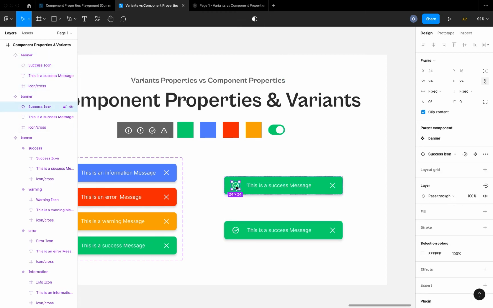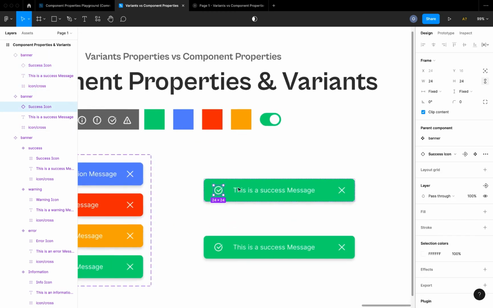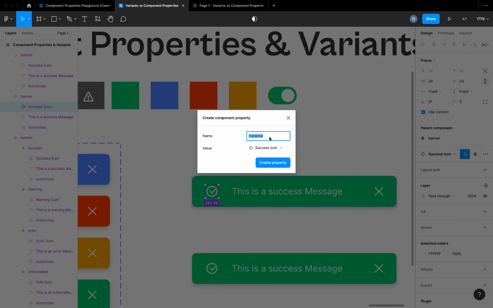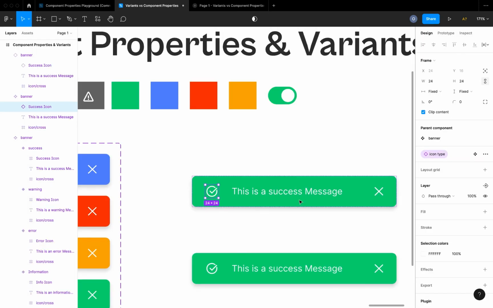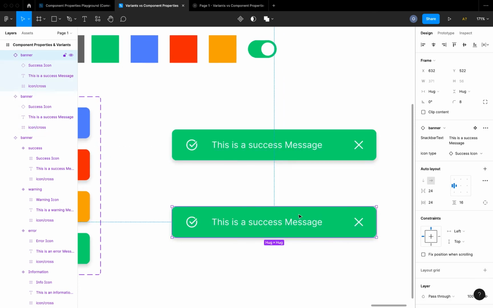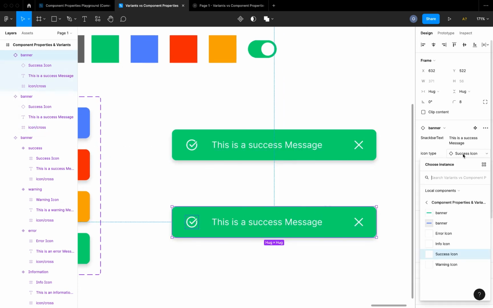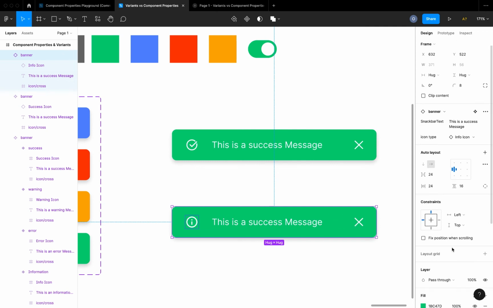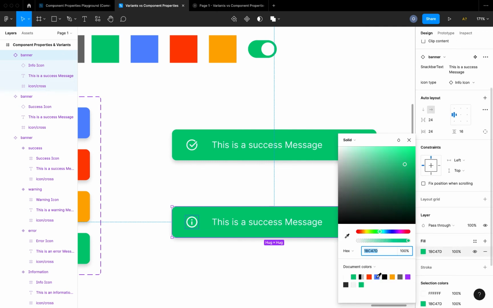But for this, you've noticed that we've not added the instance swap for this particular icon. So to do that, I'm just going to click on this button here that says apply instance swap, and I'm going to rename it to icon type, just like we did. So now in the instance of this component we just created, you're going to see that we can swap the icon from, let's say, success icon to info icon. And for the info icon, we can click on this instance, change the color from this field to blue,